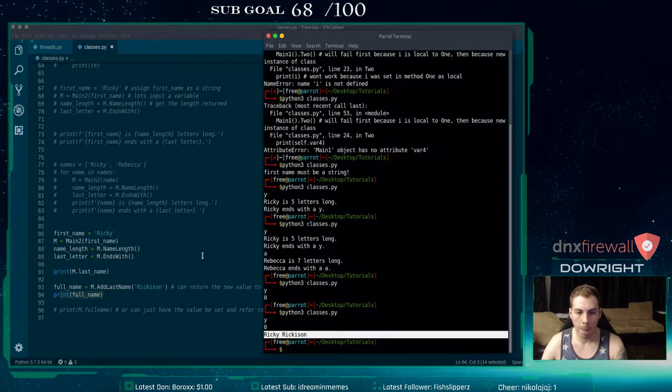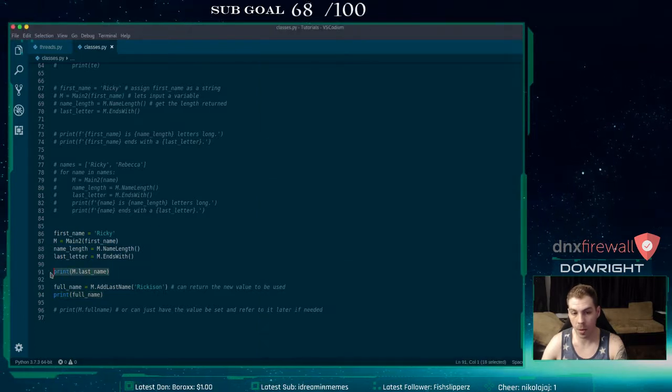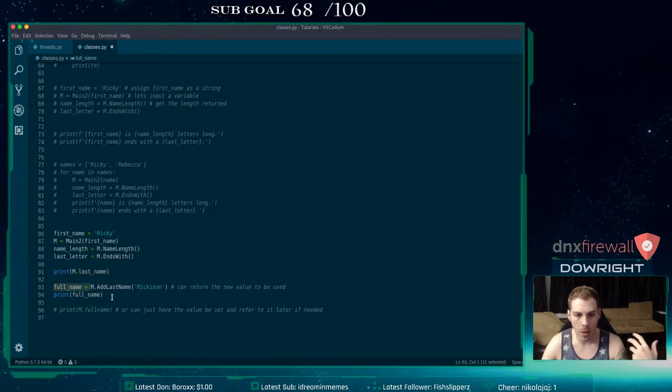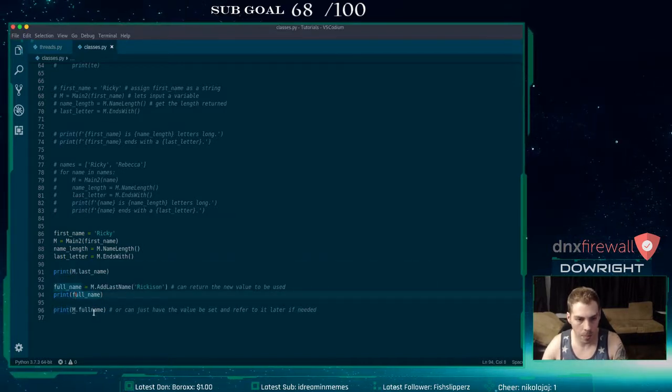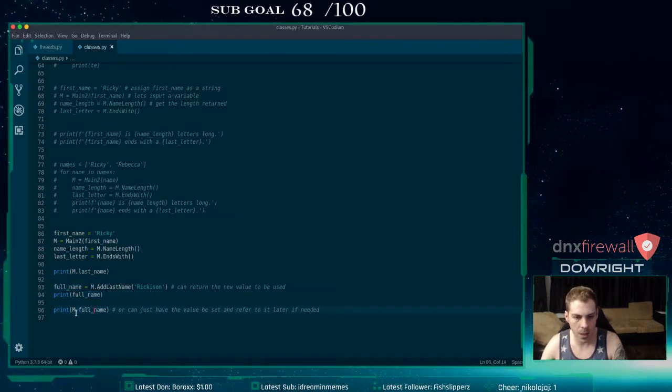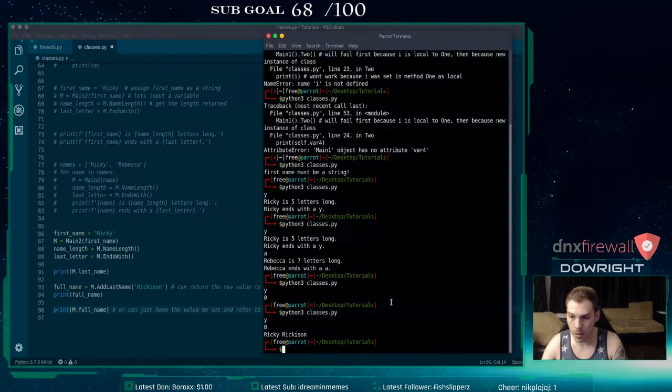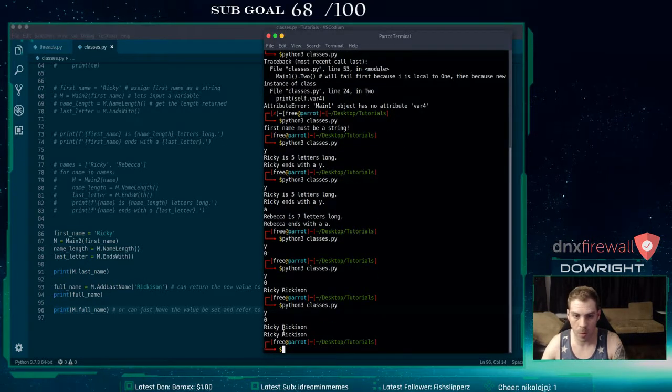Now, if I wanted to, I don't have to do a return on that, right? It's pretty much an identical process to what I did with last name. Instead of returning from that, since I still have that class object, I could just do m.fullname, which is what I'm going to do right here. You're going to see that it'll print it twice, right? So these are both identical, but you don't really need to necessarily return everything,